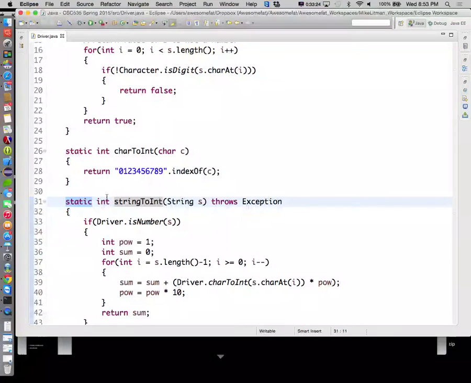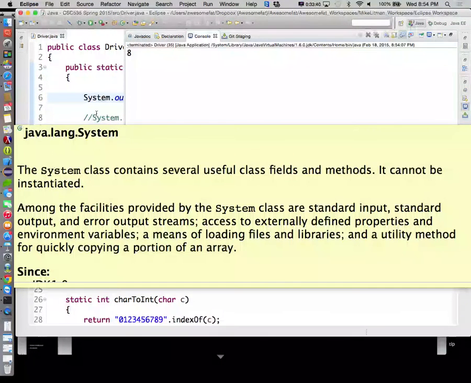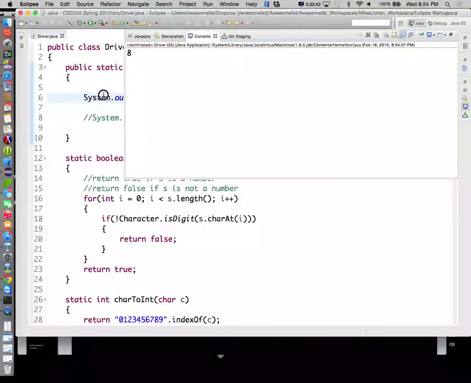Well, I've told you since string to int is a class method, that is, it's defined with the keyword static out front, we must call it using the name of the class in which the method was defined. So we say driver dot, whatever. We see that this still works without saying driver dot. Okay. Now,